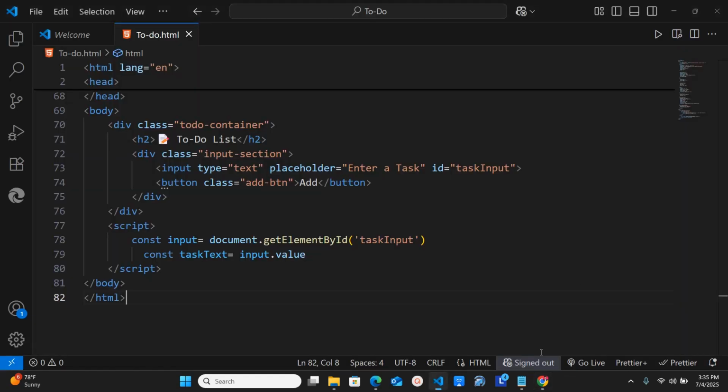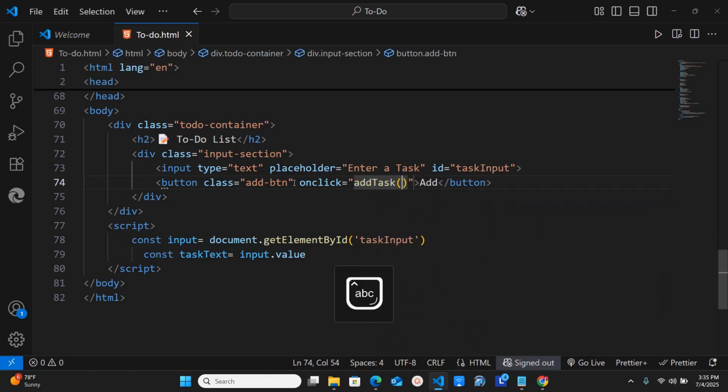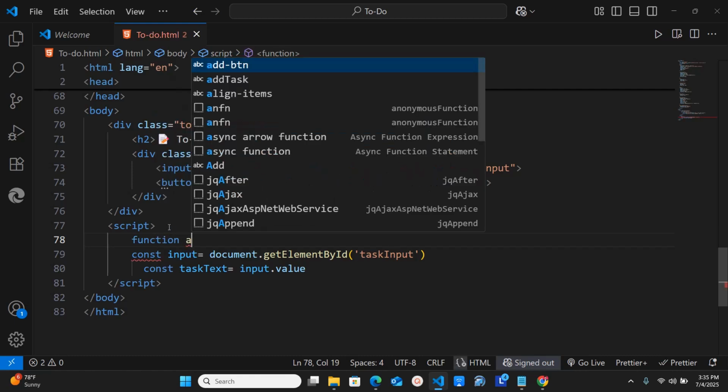So what I'm going to do, I'm going back to my HTML. Here I'm going to add an event name called onClick, because when I click on the button, that's when I want to perform this action. I'm just going to give a name for this particular function. The name of the function can be anything. Let me say in this case add task, and then I'm going to create a function here with that name,